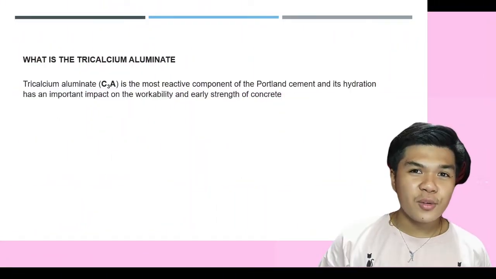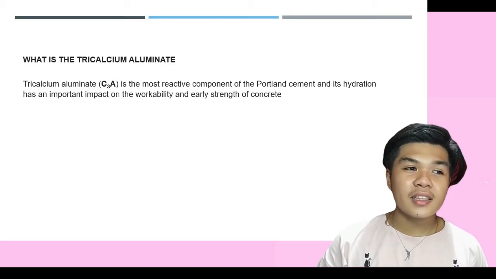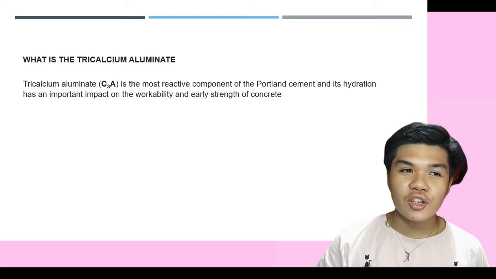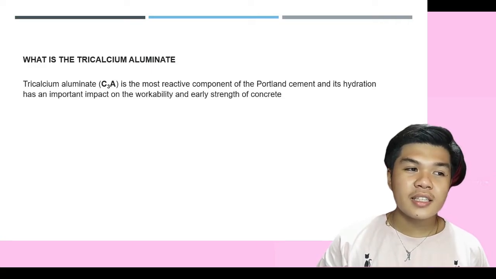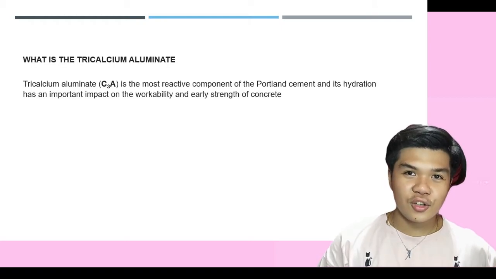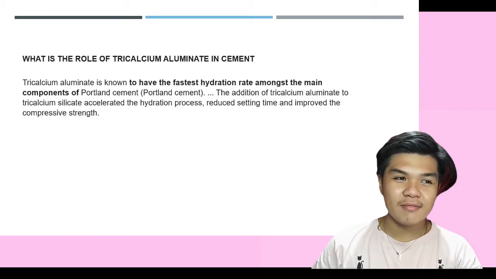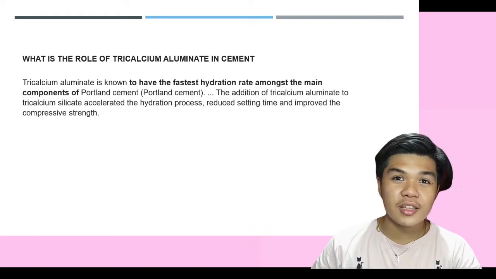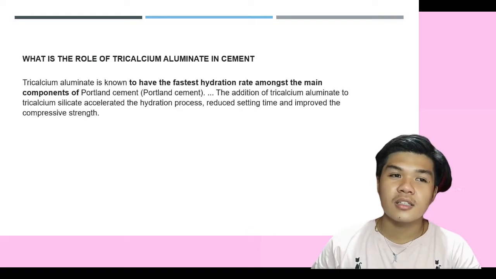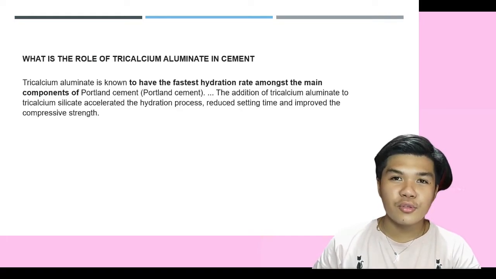What is tricalcium aluminate? Tricalcium aluminate is the most reactive component of the Portland cement, and its hydration has an important impact on the workability and early strength of concrete. Next, what is the role of tricalcium aluminate in cement? Tricalcium aluminate is known to have the fastest hydration rate among the main components of Portland cement. The addition of tricalcium aluminate to tricalcium silicate accelerated the hydration process, reduced the setting time, and improved the compressive